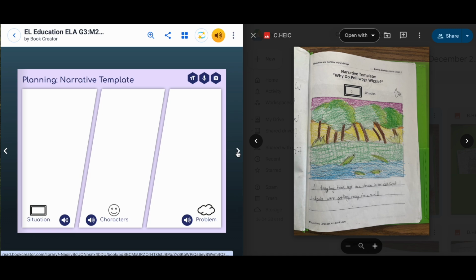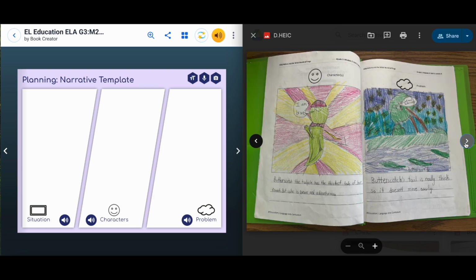They began planning their narrative with a template that includes the situation, the characters, a problem,